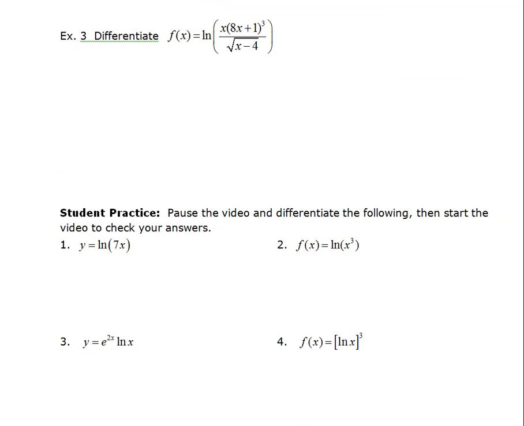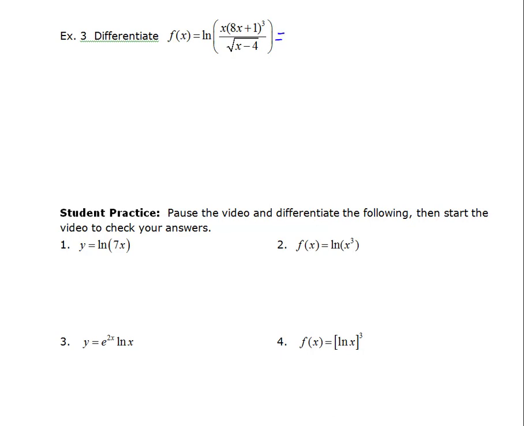All right, so for this derivative, we have the natural log of both a quotient and a product, and we've got an exponent. And so what we want to do here is we definitely want to rewrite this as the sum and difference of logs, and also use the whole idea of square roots and rewriting with fractional exponents. And so before I take the derivative,